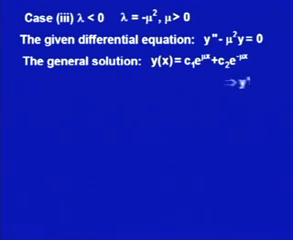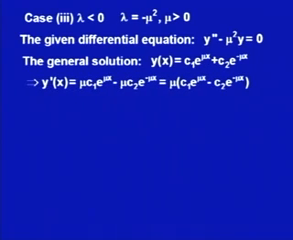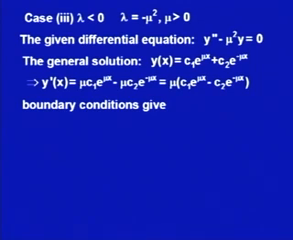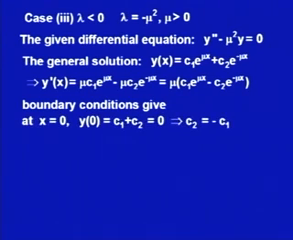Now, what will be this y dash? Mu times c 1 e to the power mu x minus mu times c 2 e to the power minus mu x, or in a more simplified manner mu times c 1 e to the power mu x minus c 2 e to the power minus mu x. Now, boundary conditions would give me y at 0 is 0, that is, c 1 plus c 2 is equal to 0 or c 2 is equal to minus c 1, and